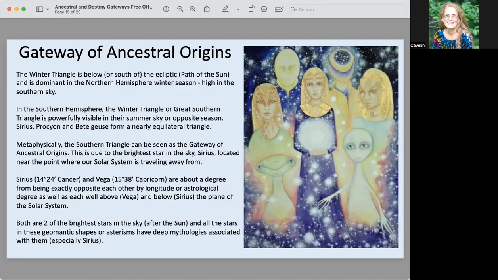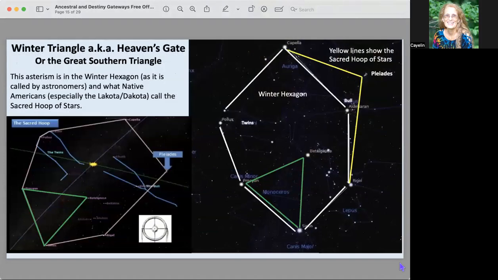Okay, so the other thing we're going to look at is how Sirius is the place we tend to be moving from in our galaxy, and Vega is where we tend to be moving toward. We'll be looking at that a little bit more as we go along. So here's the